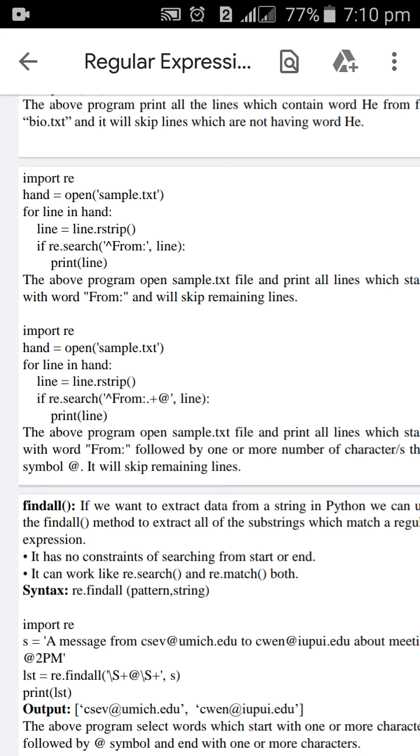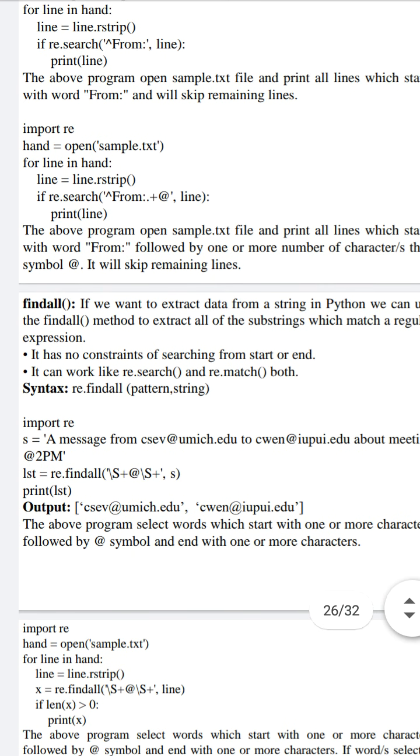If that particular line has he irrespective of the position, it will print that line in the output. This program is implemented to extract all the lines from a given file which have the pattern he.